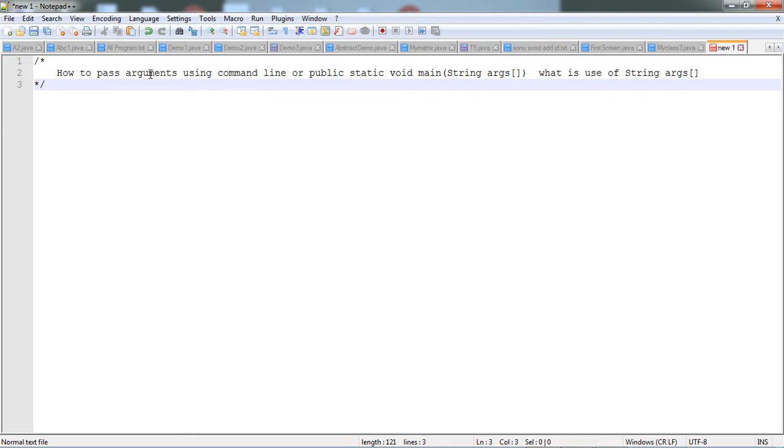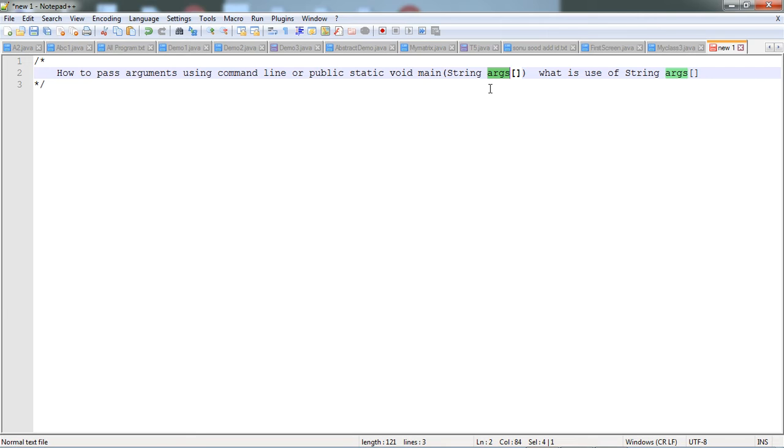We have knowledge about arrays. In simple terms, whenever a square bracket is with a variable name, that must be an array type. You learned it in C language or C++. Here, what is String args? Args is an array of type String. So, how to use this array in Java? Now let's start our coding.